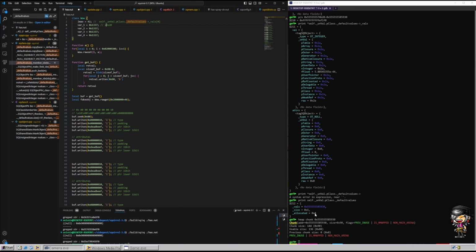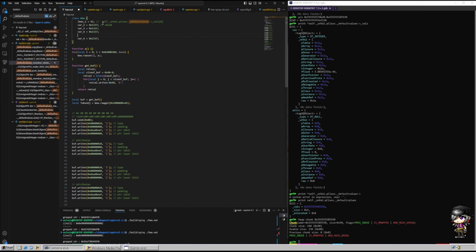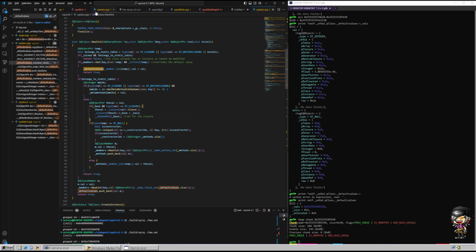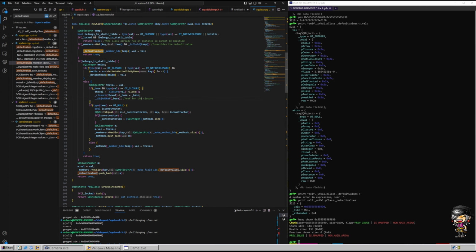No, we need to fill 4 slots. So it's 1, 2, 3, 4. And now it will grow. Now it will grow and become, it will grow and become